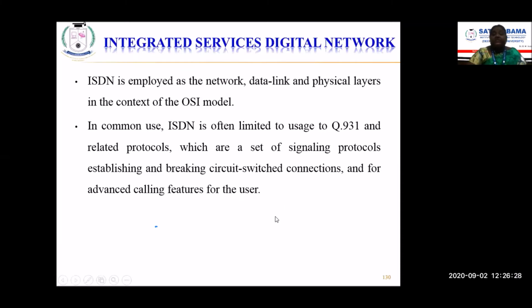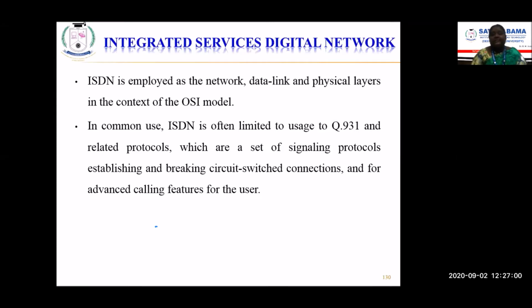This ISDN is employed at the network, data link, and physical layers in context to the OSI model. So the ISO OSI model, you will be learning in detail. Different layers are there, and how the networks are connected here. Now we were talking about the telephone communications and telephone networks. Now what if I wanted to connect the data network, that is data communication and networks, we'll have to talk about this ISO OSI model. So how the different layers are helping in establishing connection between the two devices in a network.